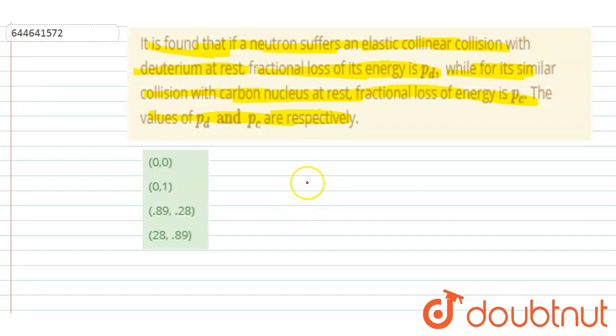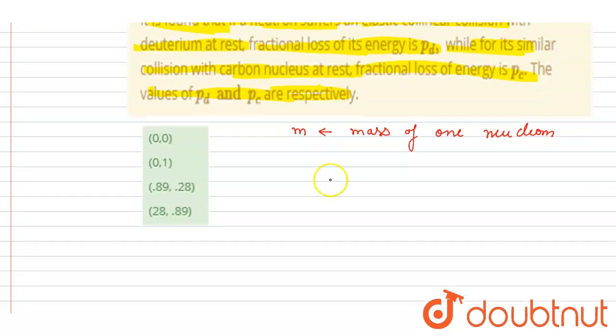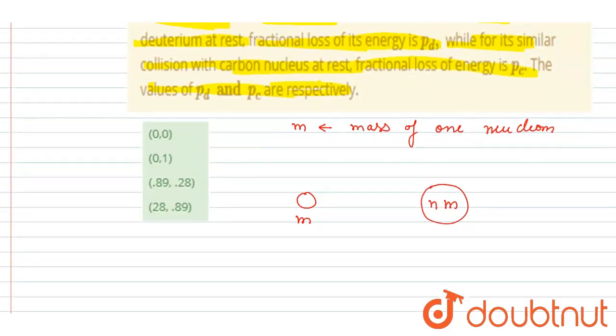So if you see, this is a neutron, right? Let's say the mass of one nucleon, one proton or neutron, is m. Let us see what is the general loss in kinetic energy of this neutron after colliding with a nucleus having n nucleons, right? Let's say initially it was moving with velocity v,